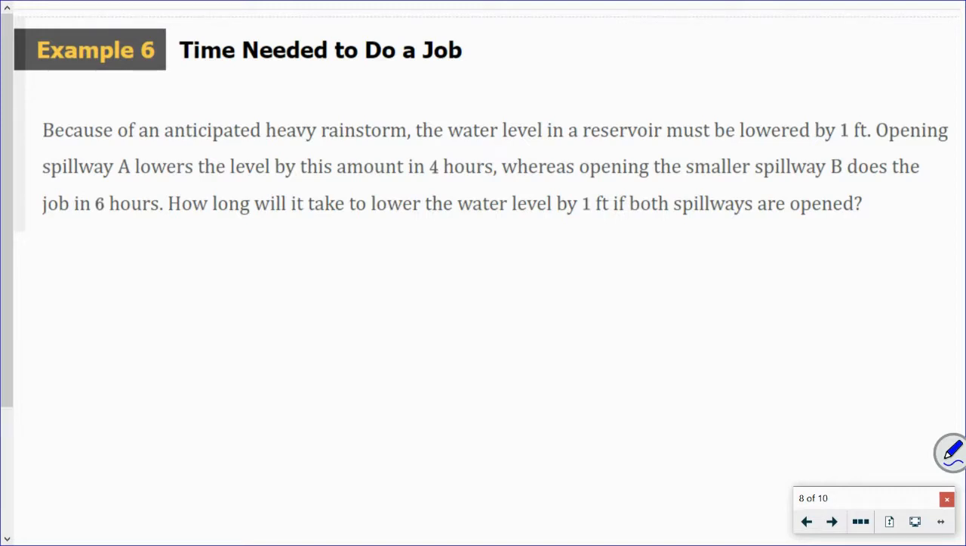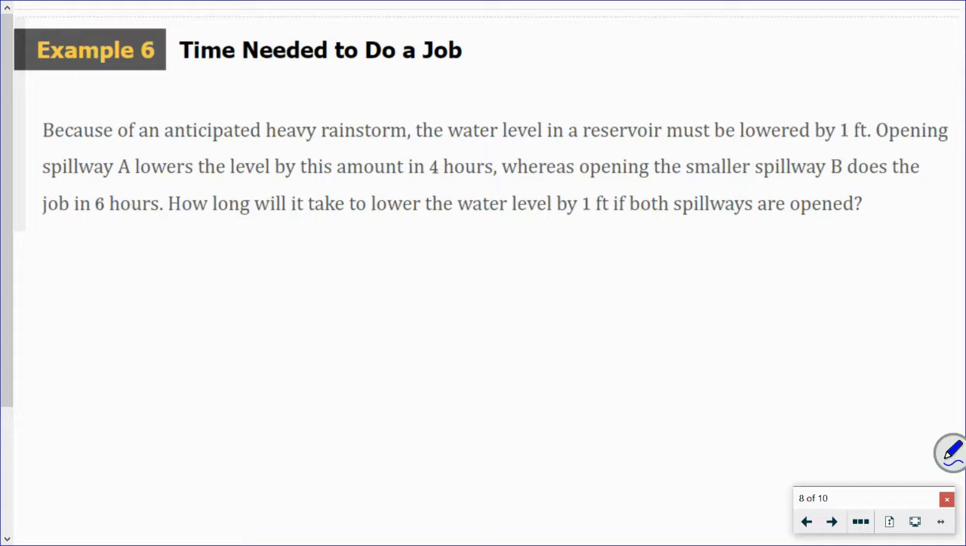Okay, because of an anticipated heavy rainstorm, the water level in a reservoir must be lowered by 1 foot. Opening spillway A lowers the level by this amount in 4 hours, whereas opening the smaller spillway B does this job in 6 hours. How long will it take to lower the water level by 1 foot if both are open? So I call these work problems,